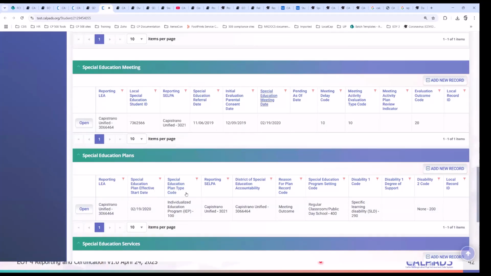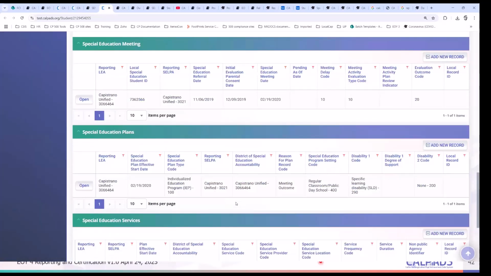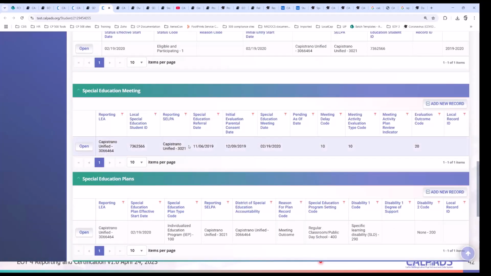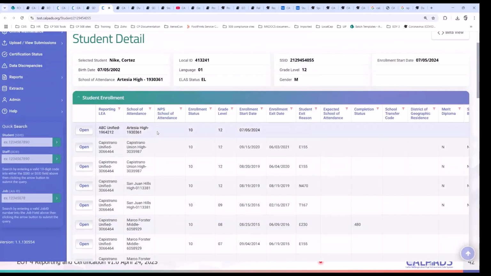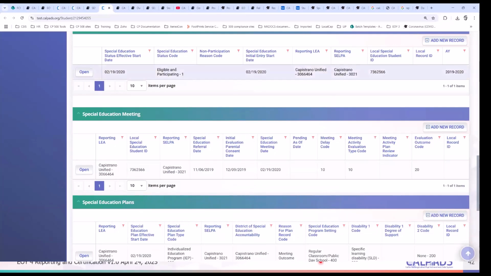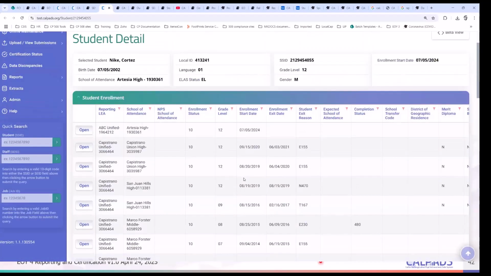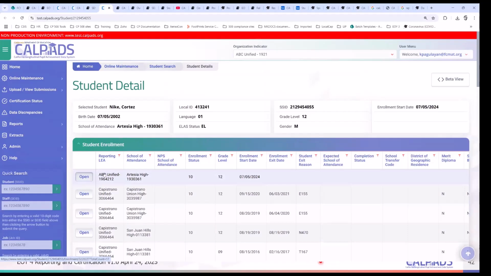If you fix this, then you'll be fixing two errors with one stone, right? Two birds with one stone, so to speak. So essentially, if the student is no longer eligible and participating, then if this is corrected, you don't have to adjust the indicator here. Now, if the student is indeed still eligible and participating, then you have to add your necessary records here, plus making sure that the adult indicator is marked as yes. Okay.